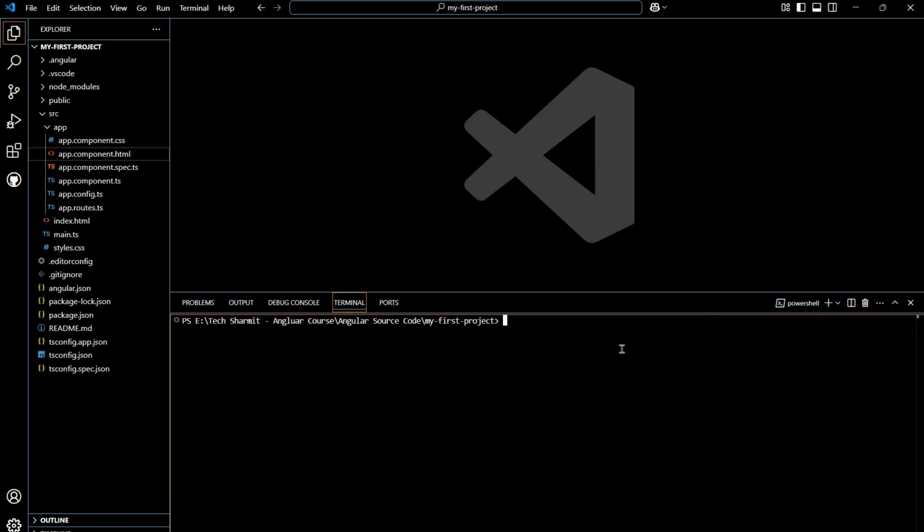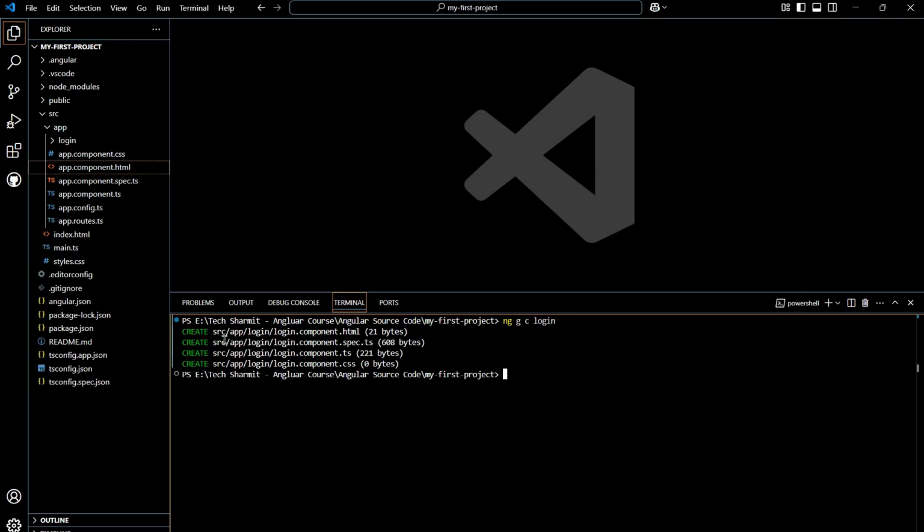Now here we will create one component. To create the component, we will use the command ng g c login. So what does it mean? ng means Angular, g means generate, c means component, and login means the name of the component. So once we hit enter here, it will create a component with the name login, and this folder will contain all 4 required files. So let me show you. I just pressed enter, and now you can see it created 4 files: